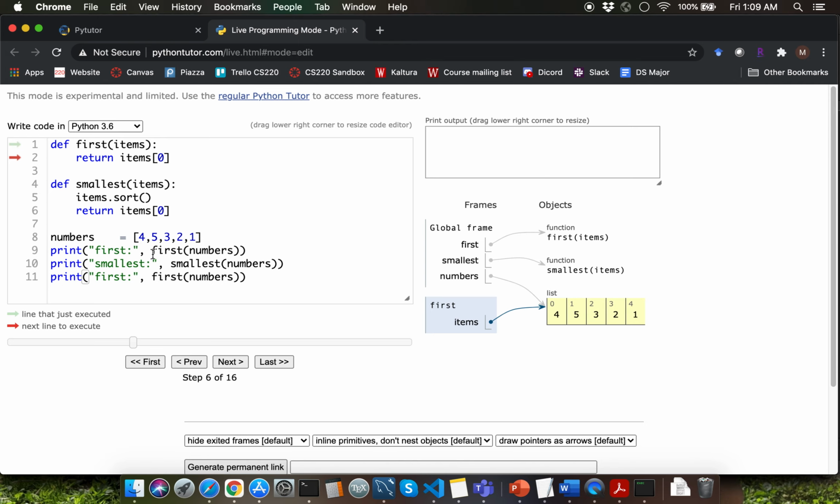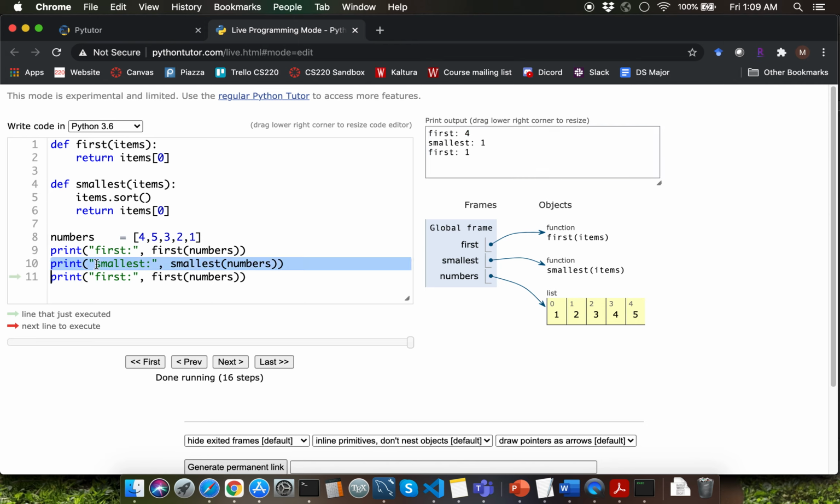The first print function call is calling first function and passing numbers as argument. Since the parameter items is going to reference whatever is being referenced by the argument here, that's going to simply display 4. So let me just step through and click on last here. So the very first function call for print is going to display 4.